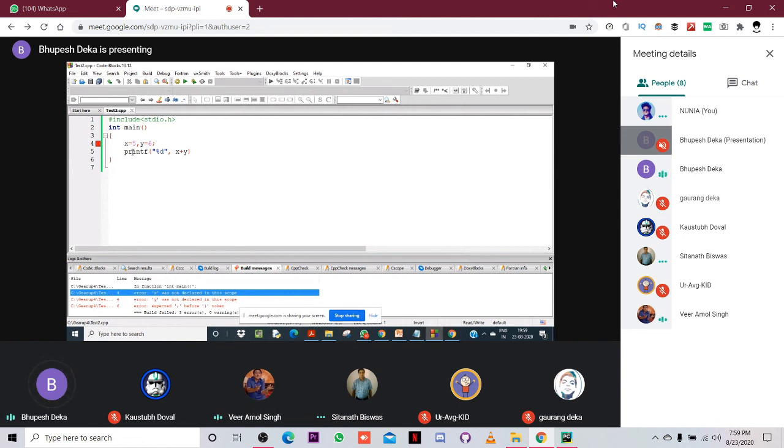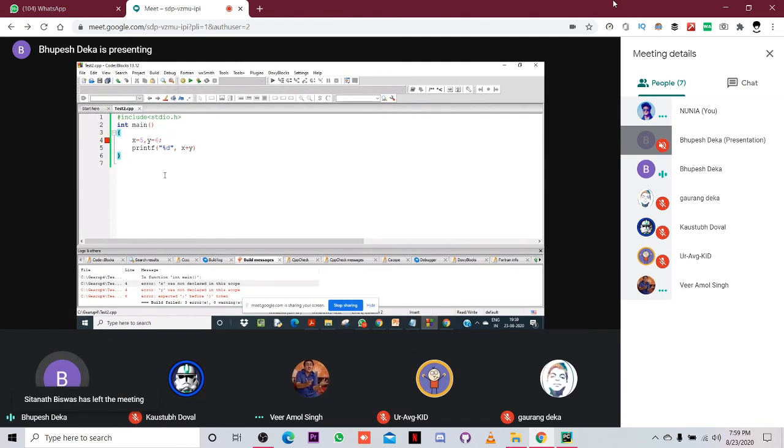And see, another aspect is that in Python you can simply write x equal to 5, y equal to 6, and it will automatically take that as variables of integer data type. But in C, it cannot be. We have to mention the data type, so I will put int here. Now I will compile it.